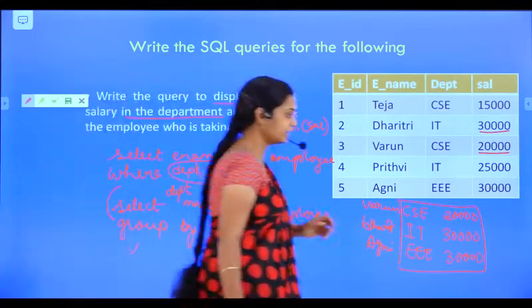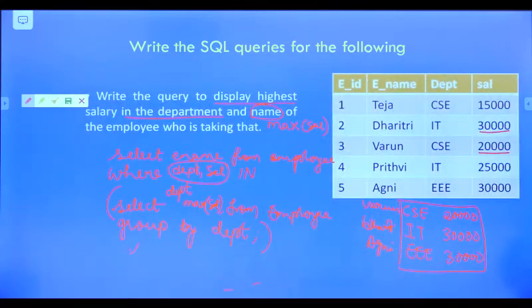Okay, so we'll write the query. What is the query here? We will write select ename from employee where salary.